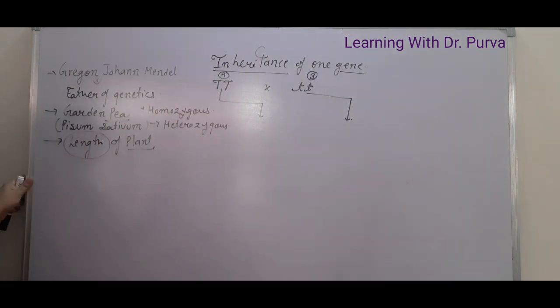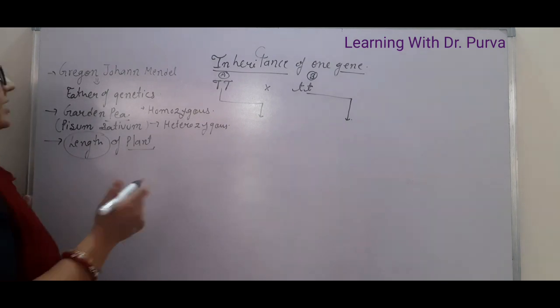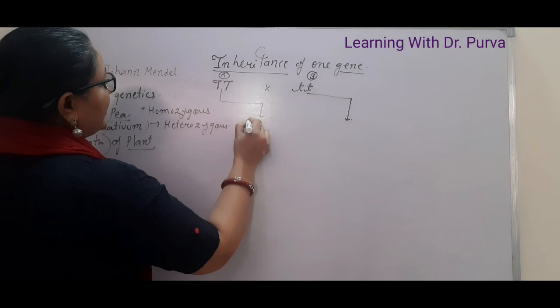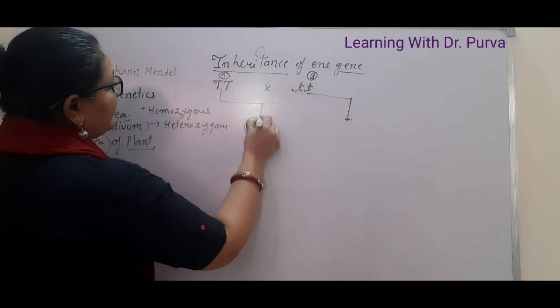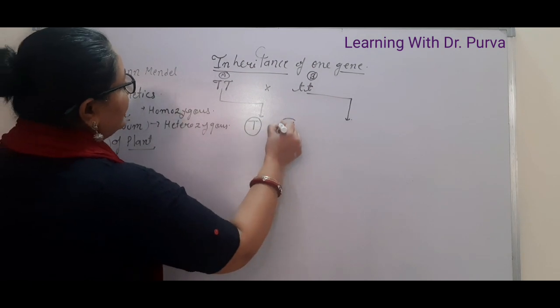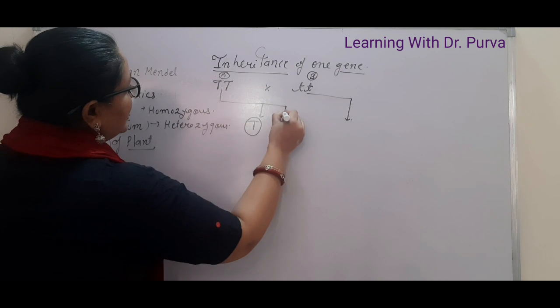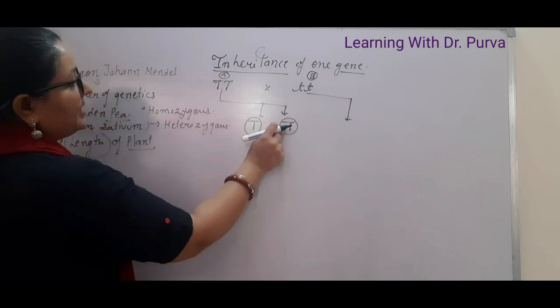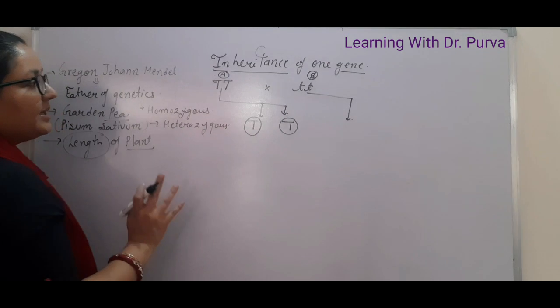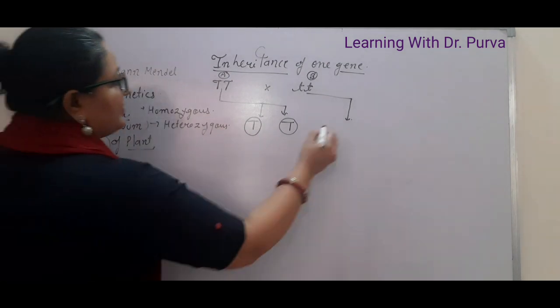गैमेट जो होता है वो मियोसिस प्रोसेस के थ्रू बनता है और मियोसिस प्रोसेस में जो नंबर ऑफ क्रोमोसोम्स होते हैं वो आधे हो जाते हैं। इसलिए एक गैमेट में सिर्फ और सिर्फ एक ही एलिल जाएगा। इस तरह से यहाँ पे 2 गैमेट्स बन गए और दोनों गैमेट्स में एक एक एलिल चला गया।